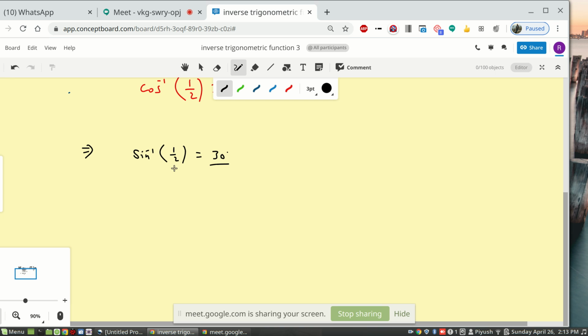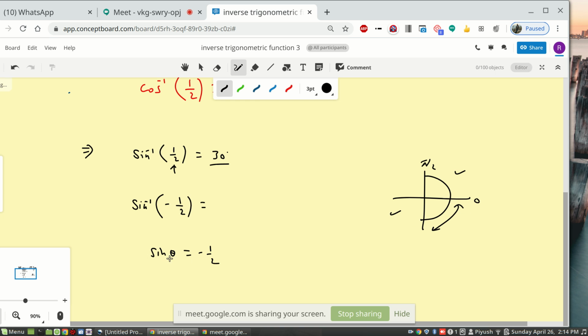Now what if I put negative here? It means sine inverse of minus 1 by 2. The moment I put minus 1 by 2, sine inverse has two regions. From 0 to 90 everything is positive, and here the moment it is negative, we should ask the same question: for what value of theta is sine theta minus 1 by 2? Sine theta is negative here also, but this is not included in our range. So the negative value will be taken from this region. So sine theta is minus 1 by 2, so theta will be simply minus